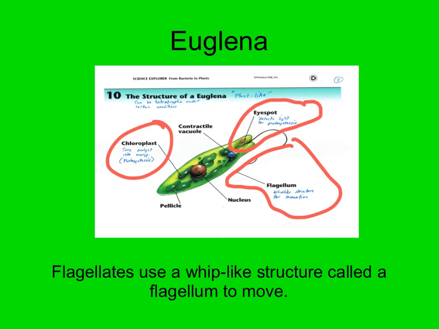What do you think that's for? It's not a true eye like ours. It can only detect changes in light. So it's good to help the euglena, since it can move to areas where there's more light, which of course is better for photosynthesis. And the ability to move is also beneficial when they are heterotrophic.